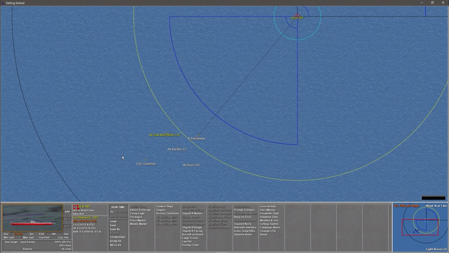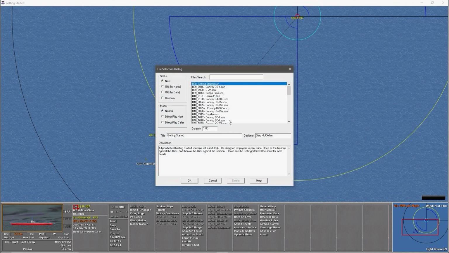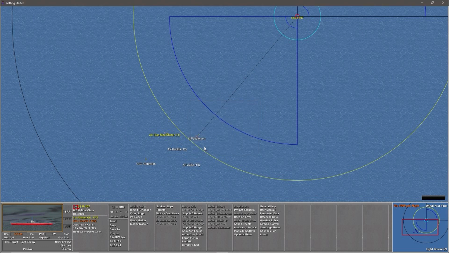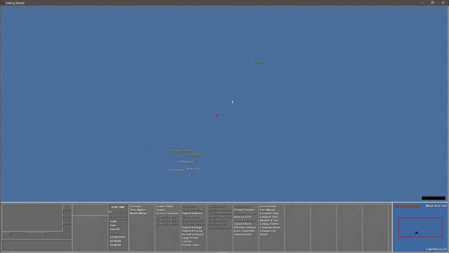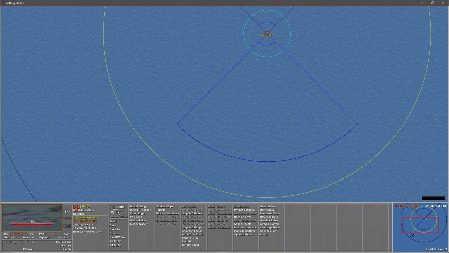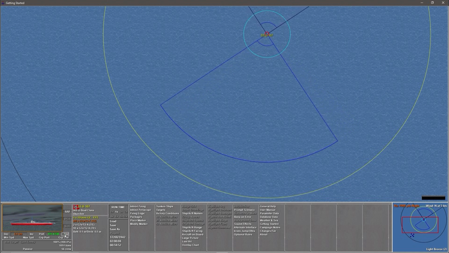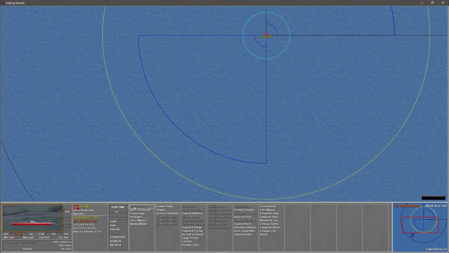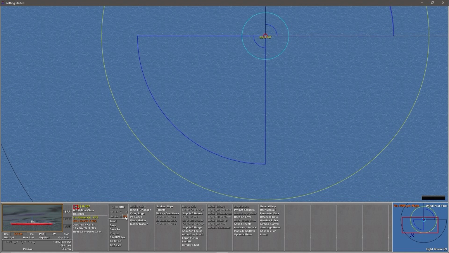Okay, so let's go back now and reload up. So we go load, getting started, okay, and allied on automatic, and okay. So for the purpose of the exercise, we start the game running. We'll turn our U-boat to starboard 2 clicks to go to the southwest. And then we'll hit 10 by. First off we'll inhibit firing, that could be handy. And then we'll hit 10 by just to bring the convoy into range,